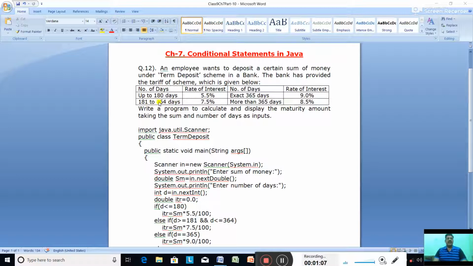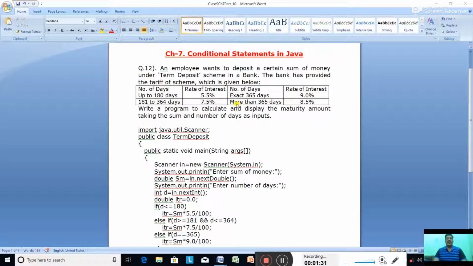If the money is deposited from 181 till 364 days, then the rate of interest is 7.5%. If the sum of money is deposited exactly for 365 days, that means for 1 year, then the rate of interest is 9%.